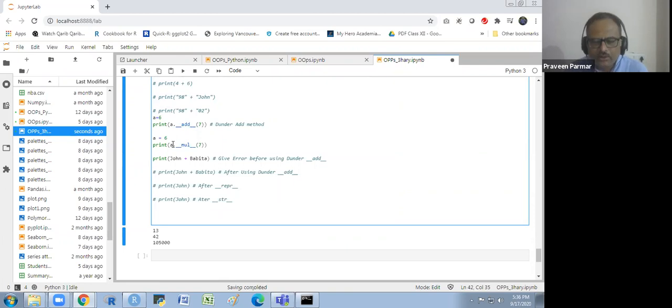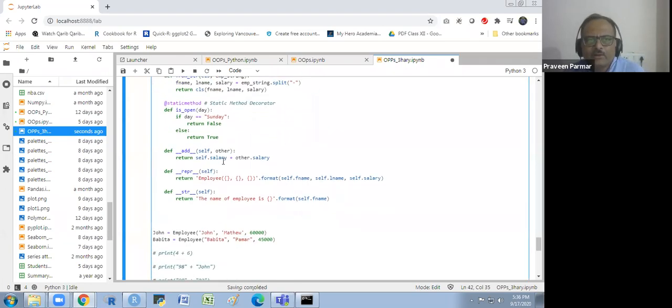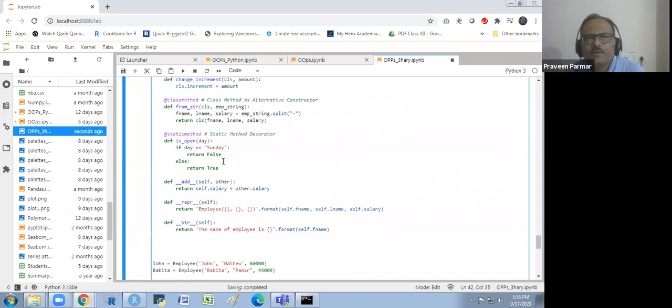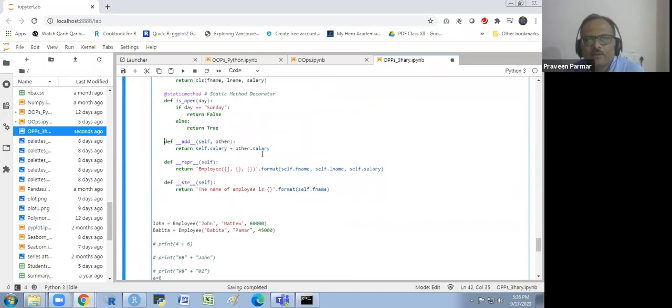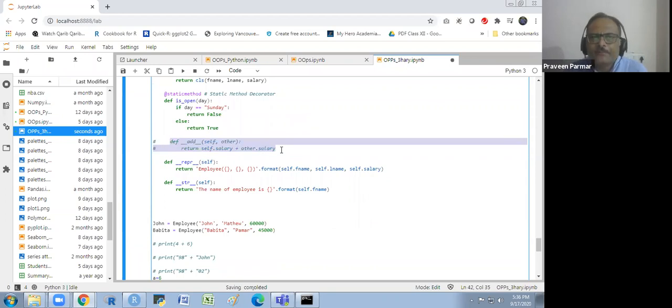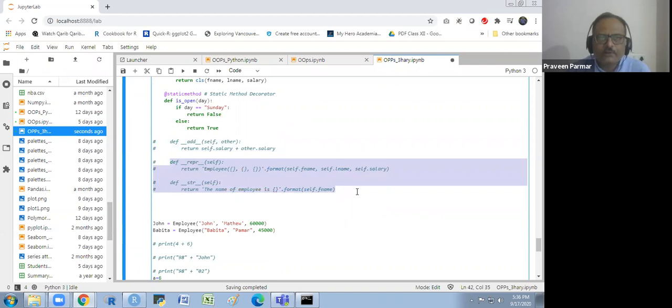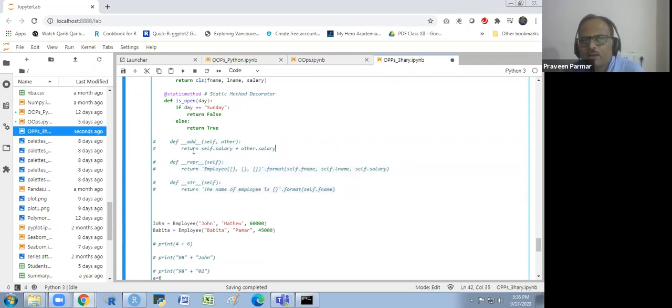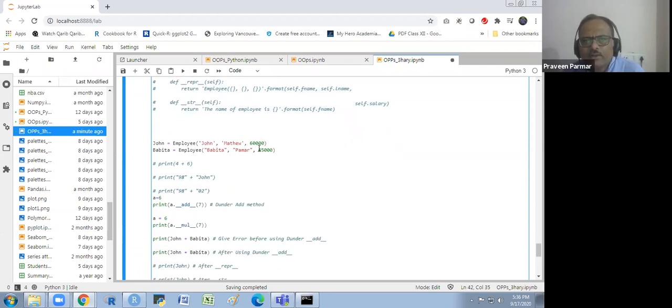And if I don't use this dunder method, suppose I don't use this dunder method, where is that dunder method? Add. I comment it, and I also comment this because I will explain it later. Without using this dunder method, if I have written self salary plus other salary, so the other salary is only with Babita and John.